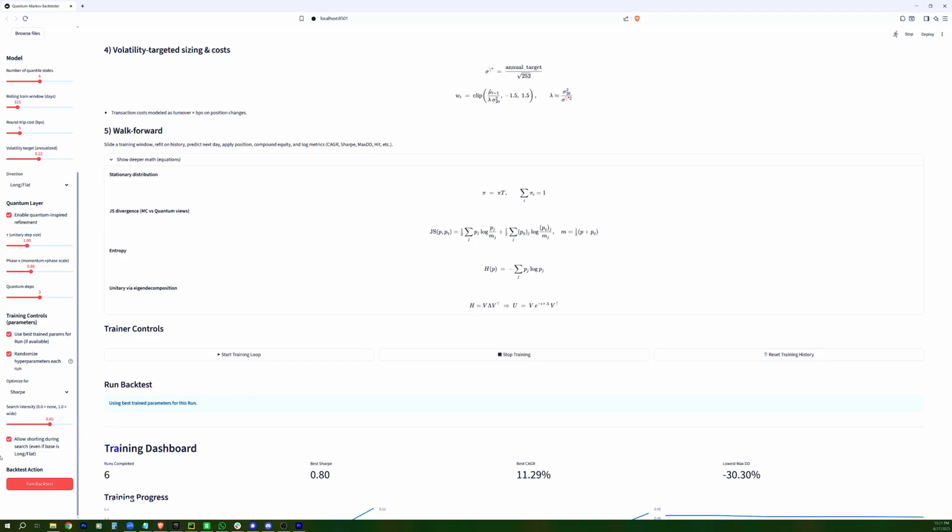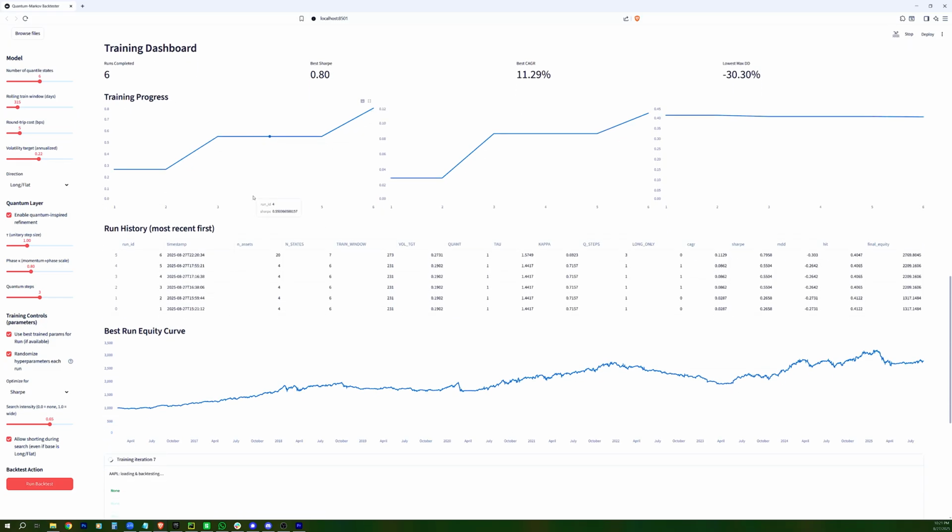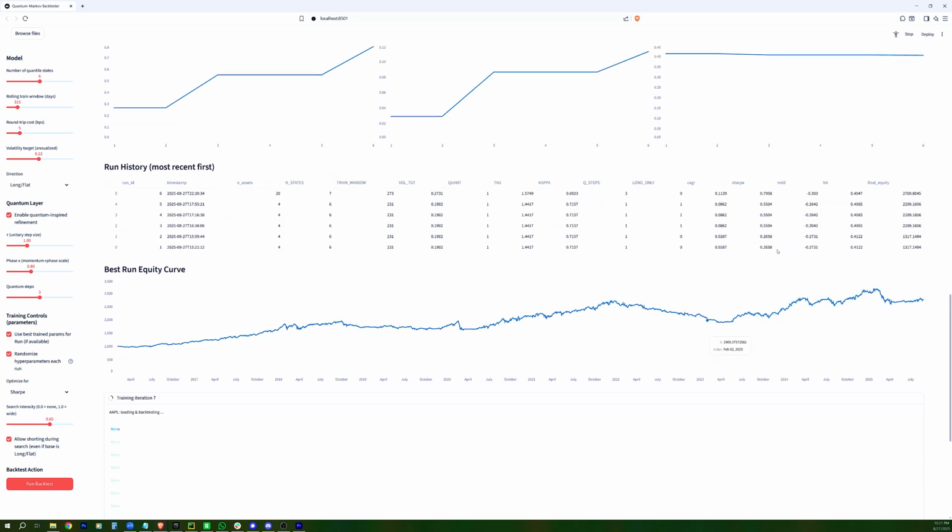So if you wanted to just do a simple backtest and see what it could do for you, you can click that, or you can click Start Training Loop. And what it's going to do is literally just continuously train until you stop it. And it's going to put those training results in a table here. And essentially it's going to give you all the values for performance and the final equity you would have if you started with $1,000. You can see here that it's gone from 1317 to 2769,